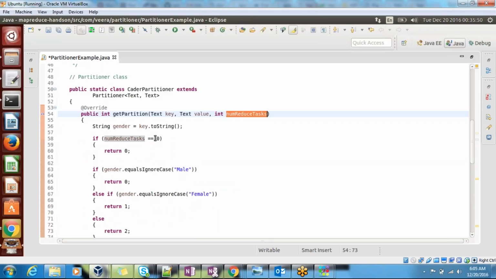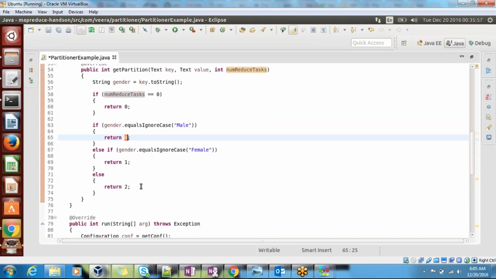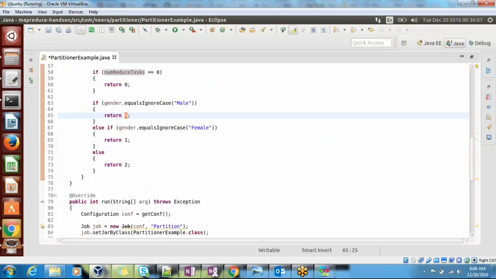So if gender is male, return 0. If gender is female, return 1. Else return 2. Whatever order you want is up to you, whether the first file has to be male or the second female. So this is how the partition works.